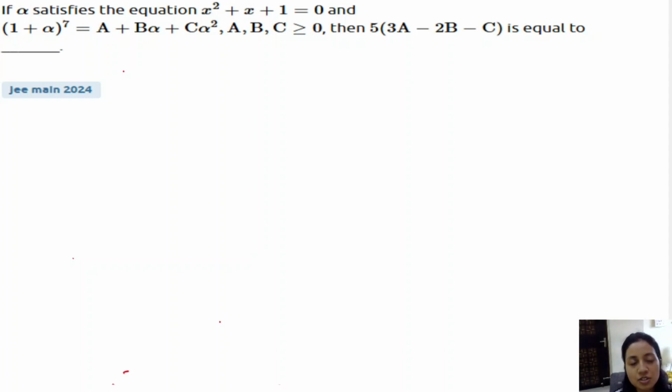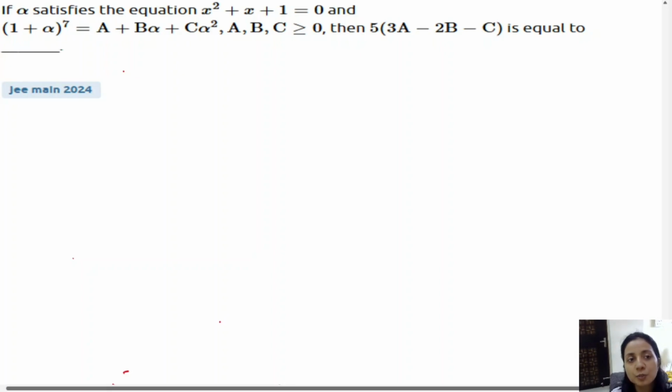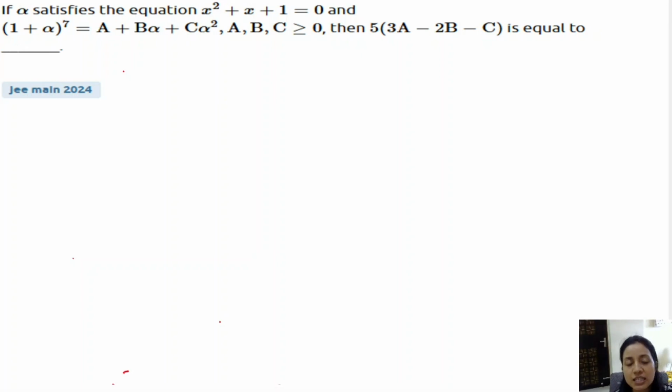So here the question says, if alpha satisfies the equation x square plus x plus 1 is equal to 0, and 1 plus alpha to the power 7 is equal to a plus b alpha plus c alpha square, where a, b, c are all greater than or equal to 0, then we are supposed to find the value of the given expression. So since alpha satisfies the given equation, that is x square plus x plus 1,